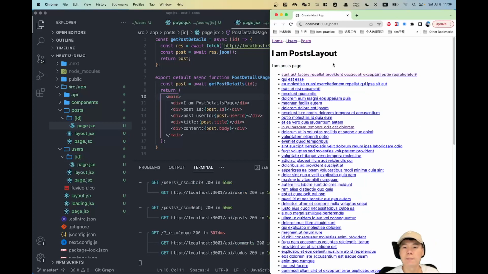And one more thing is I want to add some functionality, which is a search bar on the post page, where we can enter a user's ID and click search, and it's gonna fetch posts that belong to this user. Okay, let's see what I'm gonna do now. We're gonna